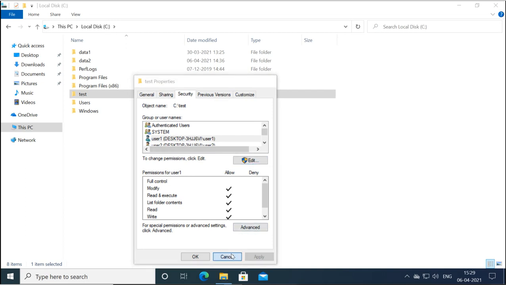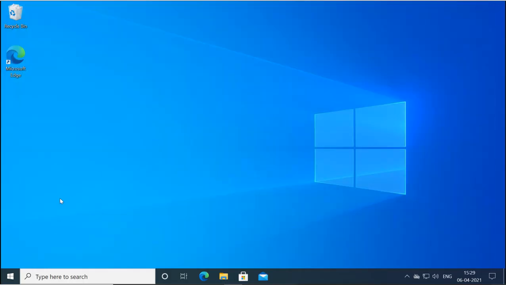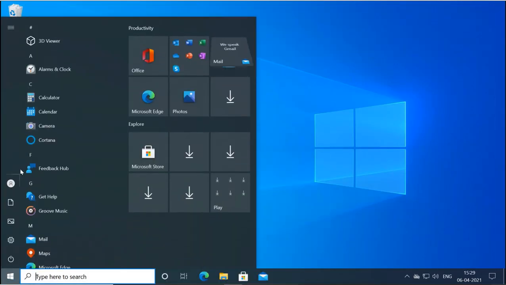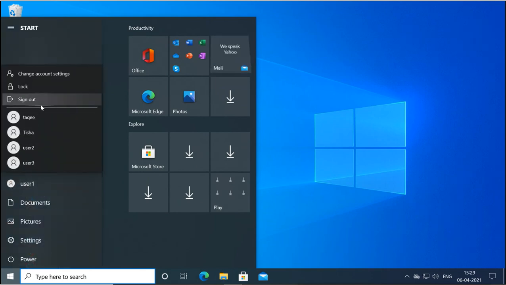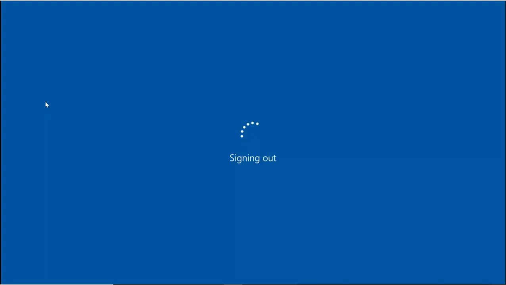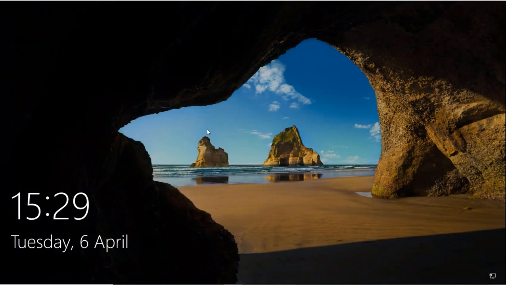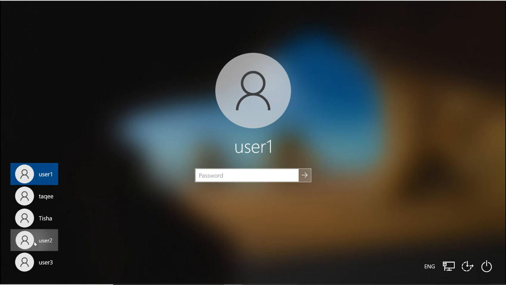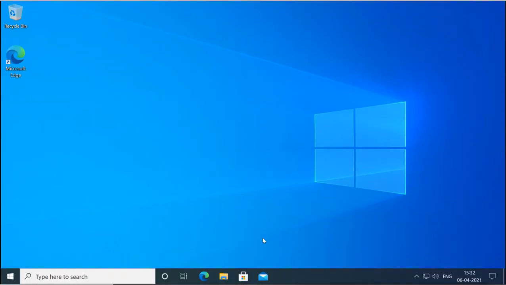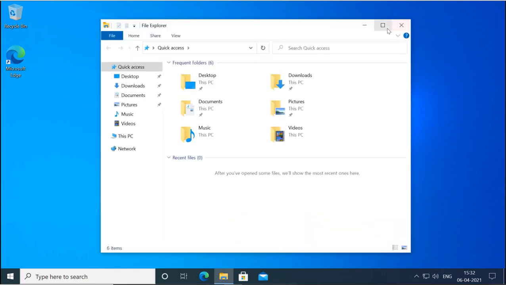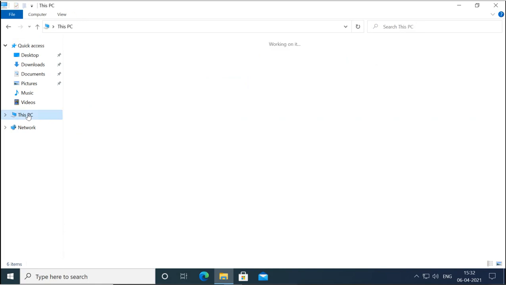Now user 2, we have denied the full control. So if I log in as user 2 now, user 2 cannot do anything. Basically it cannot read also. It cannot open the folder, it cannot see anything. It is denied by full control. Now user 2 logs in, and when he goes to the C drive and tries to check the folder,